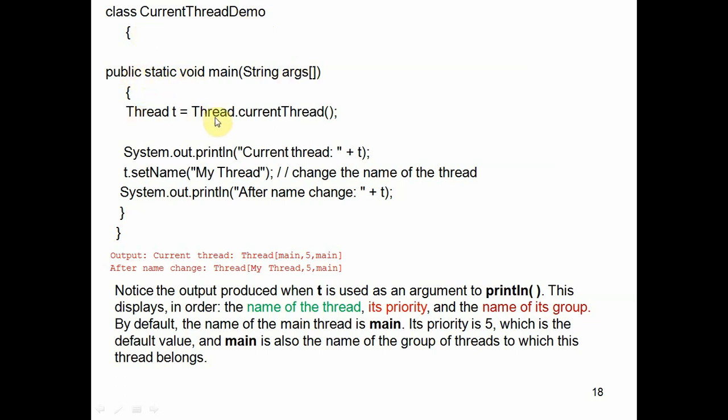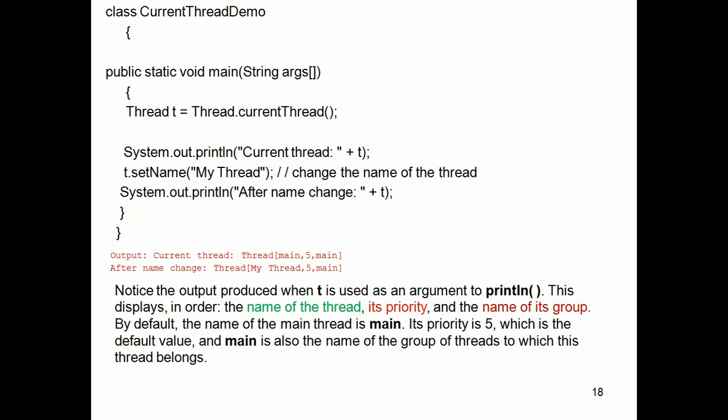Then we call the method currentThread with the Thread class, Thread.currentThread, because this is a static method, so we call it using the Thread class. This returns a reference to the thread that is presently executing. That thread object is returned into the reference variable t.